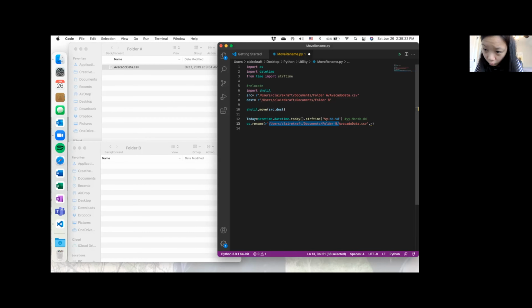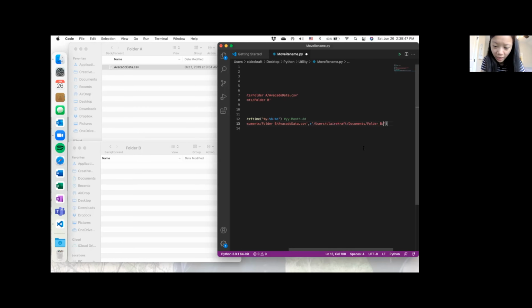with a new name. The reason I have this file path with a file name and this file path is because I'm letting it know, please look at this file in this folder named with the original name as avocado data. Now I want this file in this destination folder to be named something else. So after folder B, I'm going to add the new name, which I want it to call